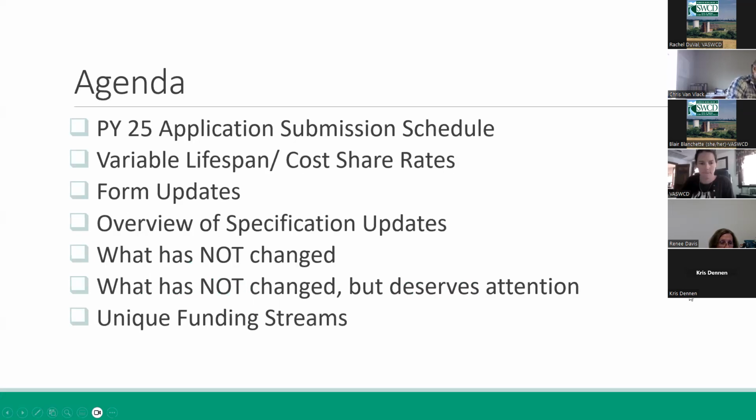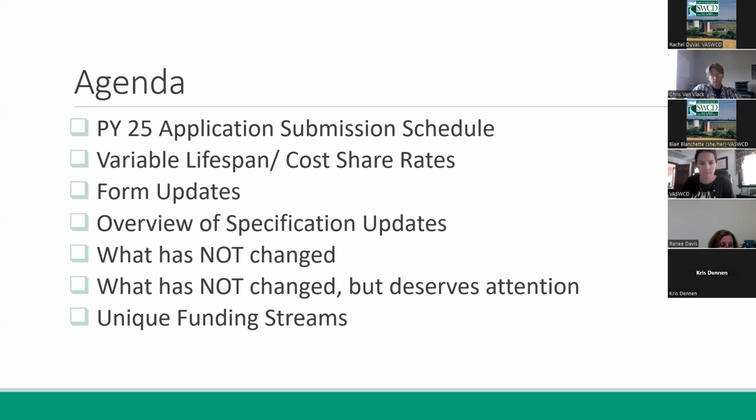So first things first, the components that we're going to discuss today, our agenda, if you will. We're going to be looking at the application submission schedule for program year 25. We have new variable lifespan cost share rates available for this program year, some minor updates to forms.